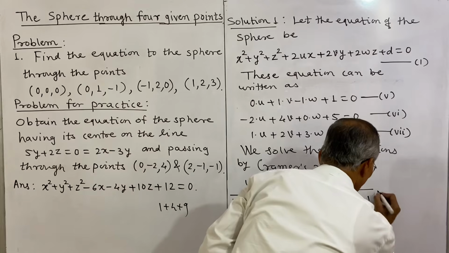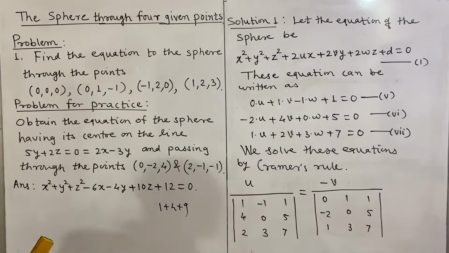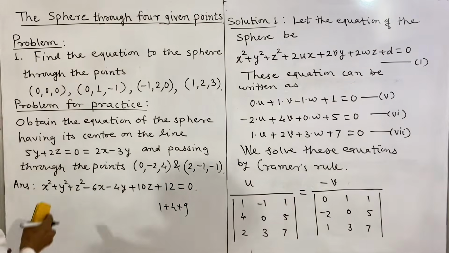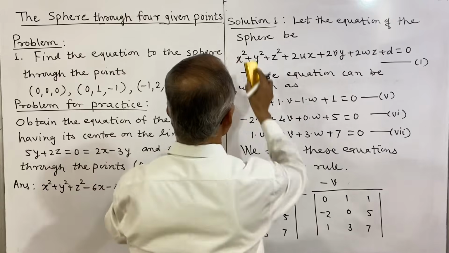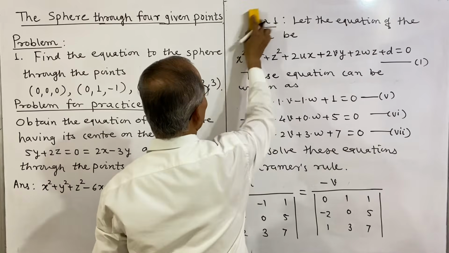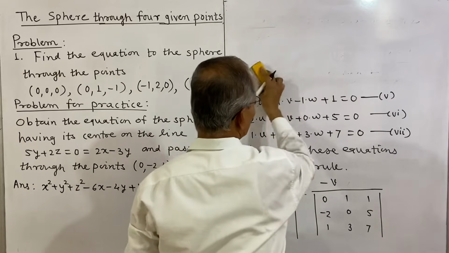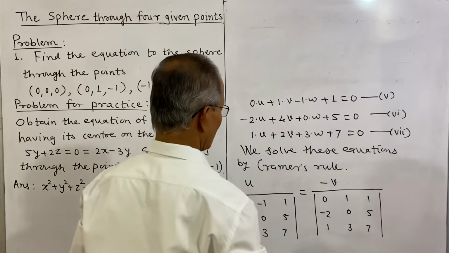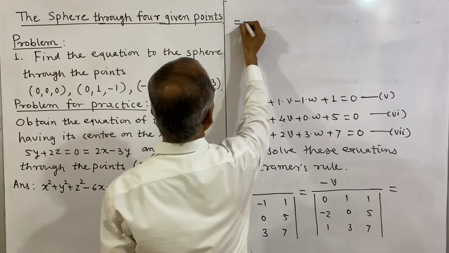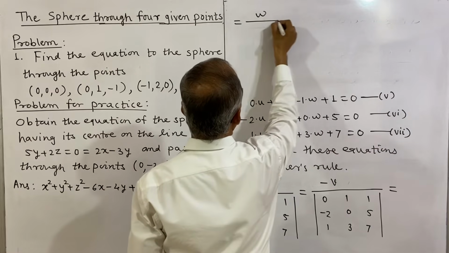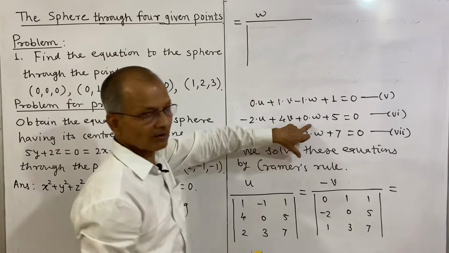This is about v. Now next the term is w, so I shall write it here. So this is our first equation, so I will write, we will remember this and we will write here itself. So this is equal to w divided by, and for the determinant of